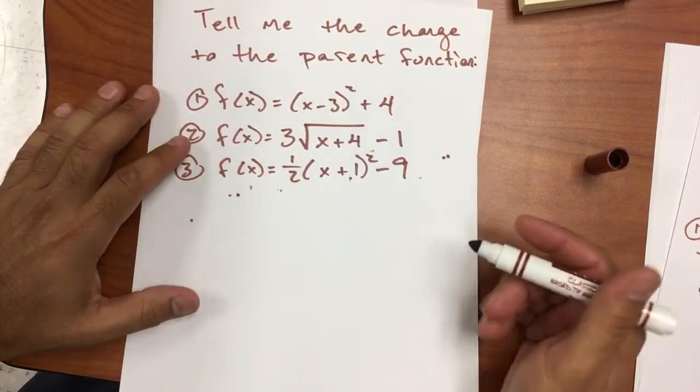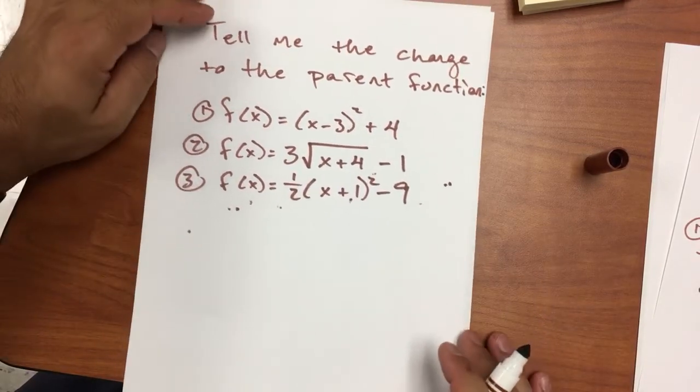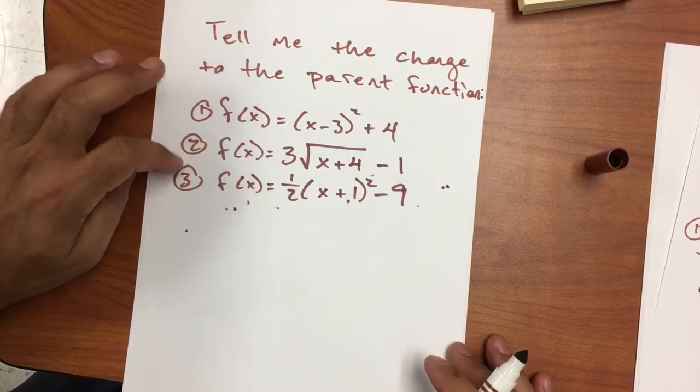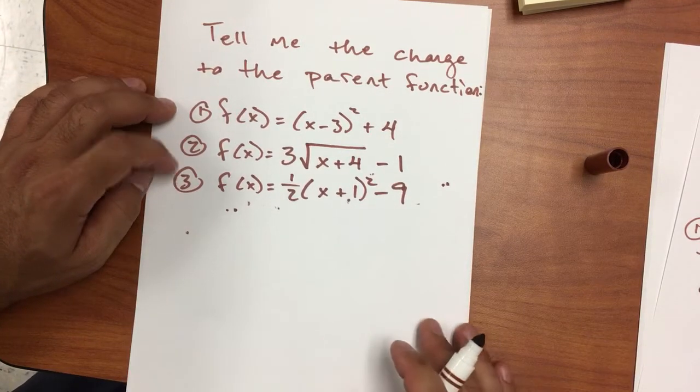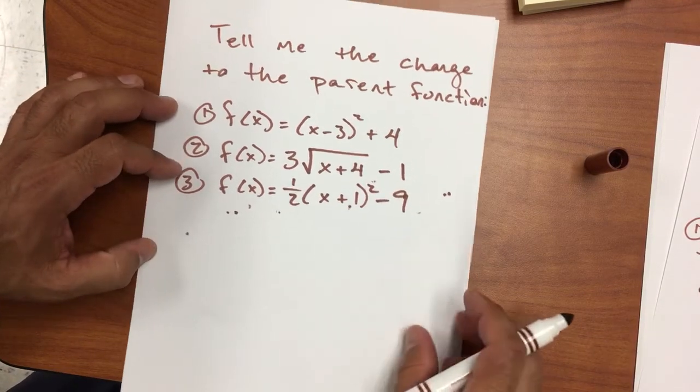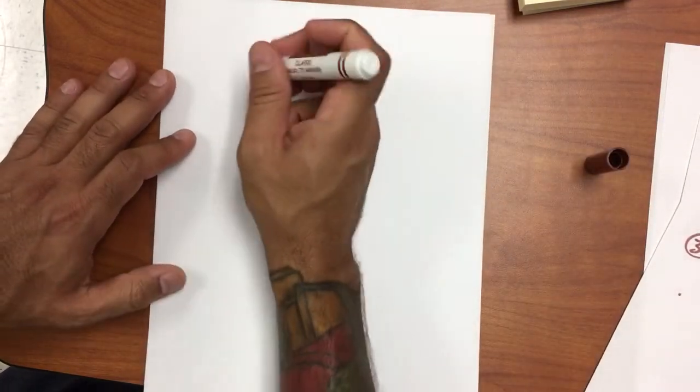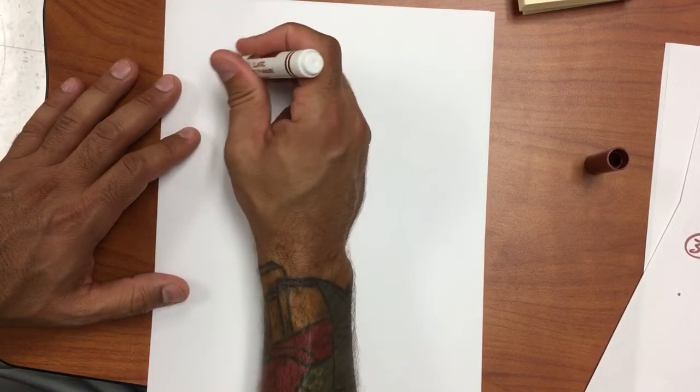All right, I'm gonna do changes to parent functions. So these ones, I want you to turn these guys in to me when you come to class. Okay, so these are the ones that you're gonna turn in. So, changes to the parent functions. The main one that I'm gonna use for an example is